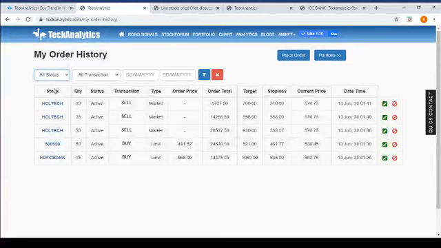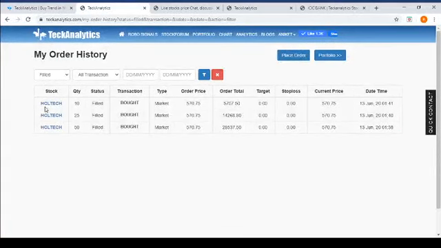Once your order is filled, completed or executed, you will see that stock in the filled mode or status. So it says we bought, because we bought at market CMP, right? So there are three different orders that were bought at market price, with whatever amount, number of quantity of the stock. So this data you can monitor, and if you cancel any order, you will see that, but because we haven't got any cancelled order here, we'll not see anything. I'll go back to the portfolio.